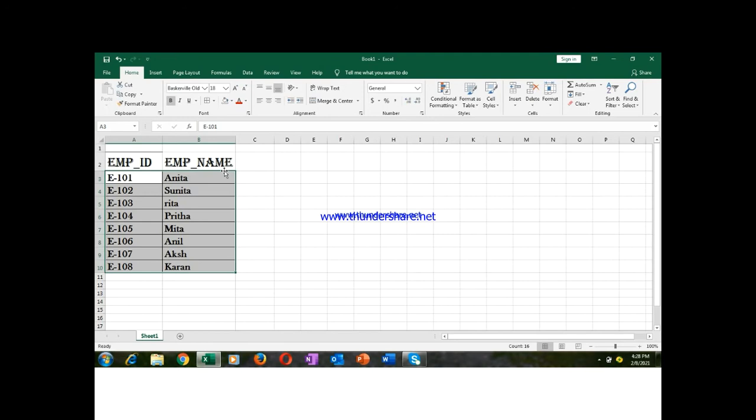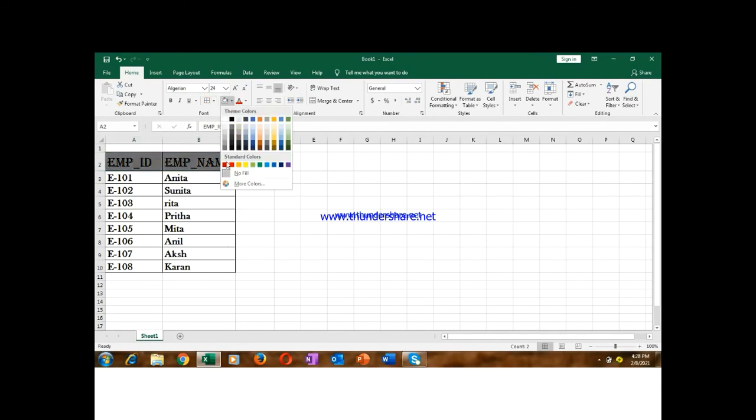Okay, are you understanding now what I am doing? So this way you can change it. And now suppose in this also I want to change it, put all borders, and here if you want some background color you can put a background color, you can make it color change also. So now can you see it? So employee ID and employee name.